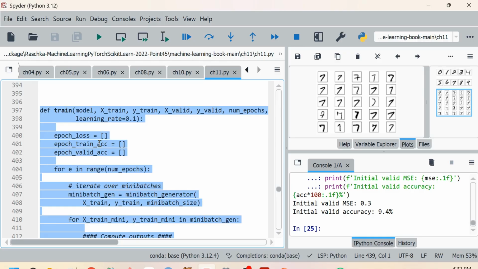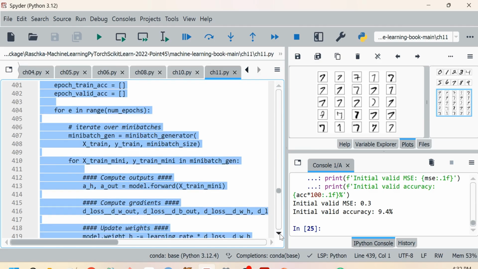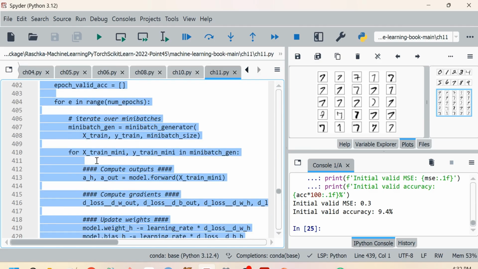In the training process we define several empty lists for storing the loss for each epoch, the training accuracy for each epoch, and the validation accuracy for each epoch. Then for each epoch, we will train on all the data. So we first get a mini batch. The mini batch generator gets a mini batch. Then for each mini batch, we will